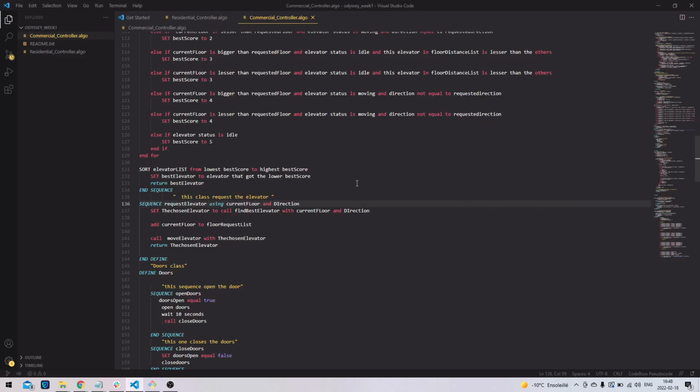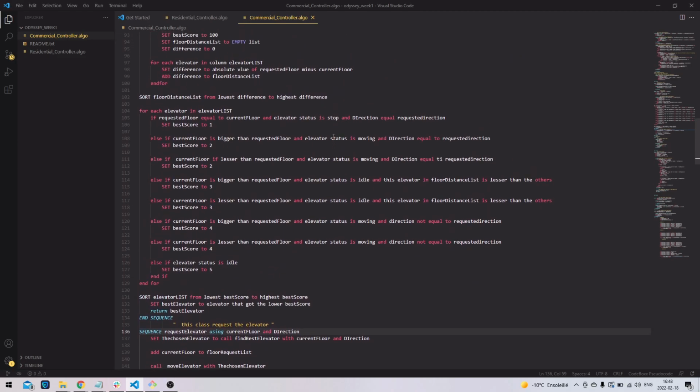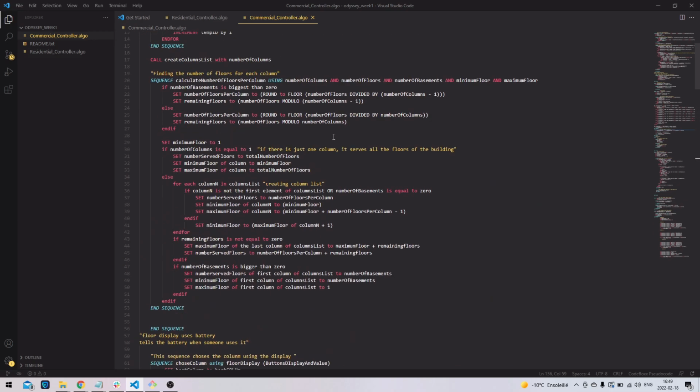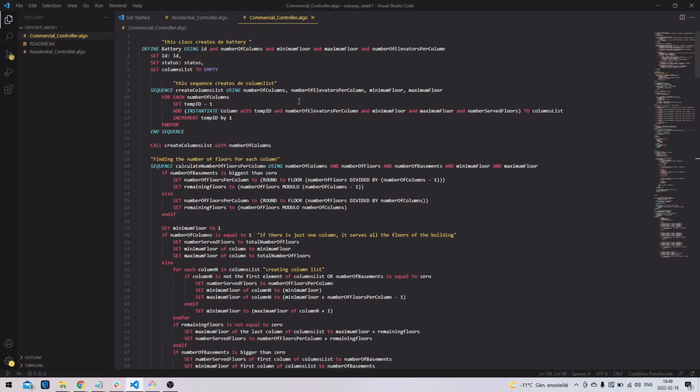Okay, so now I'm going to explain the commercial, which is the way I understood it was basically the same as residential. What I did is basically I told myself, okay, it's going to be the standard residential. It's going to be like four different buildings, if it makes sense. To do that, what I did first was define my class battery,